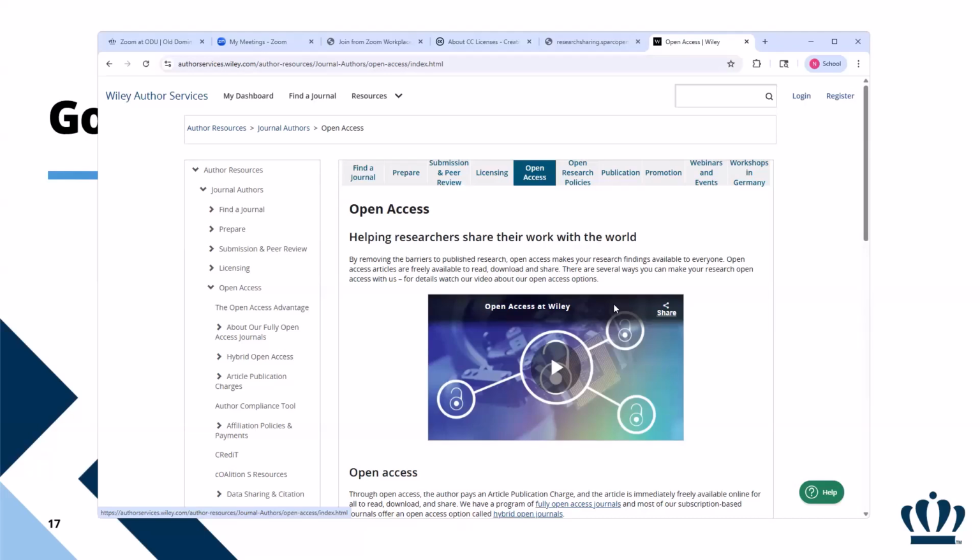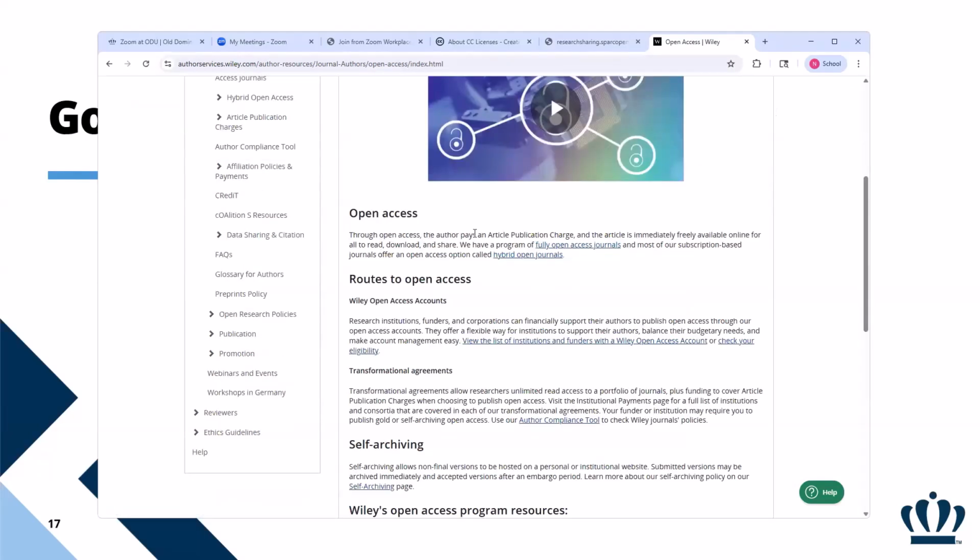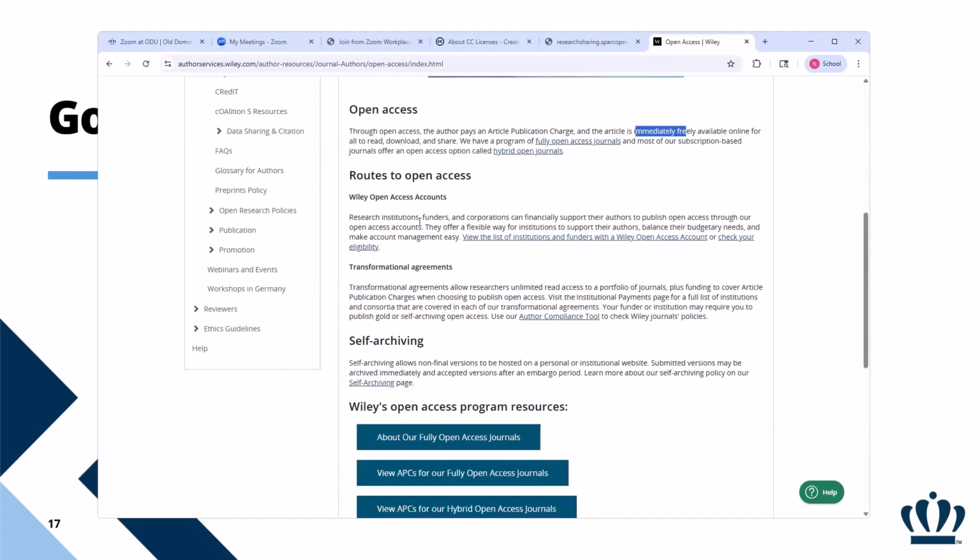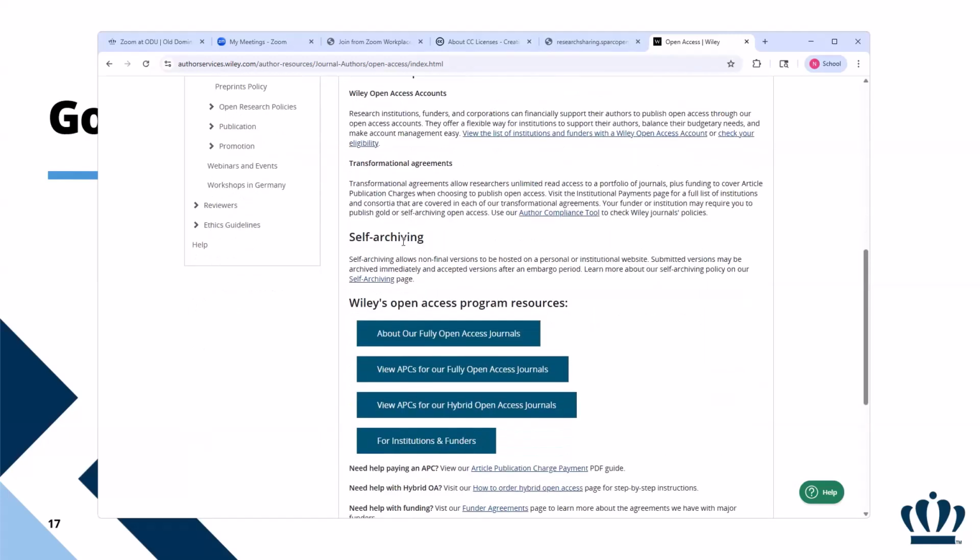So on this page, I can see that they are going to pay an article processing charge. The article is freely available. You can go to a list of their fully open access journals. They also have their hybrid journals listed. They have their policy around self-archiving. Like I said, it may direct you to other policies within this main one. So just be aware of that. They also have,